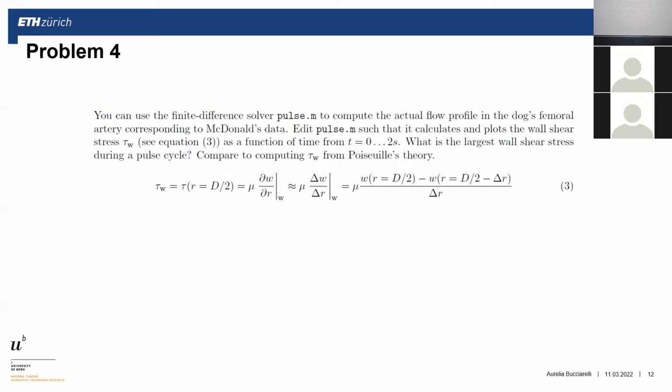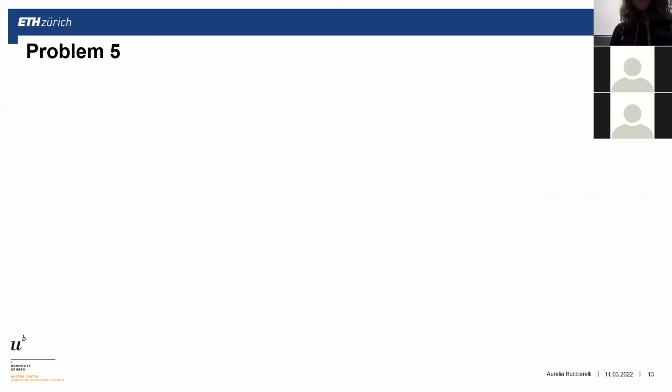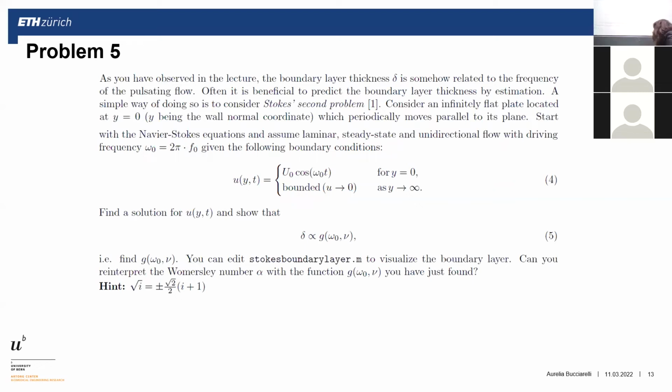Okay. There's problem 5. This is more difficult, which I saw last year. A lot of people had problems, mostly, for me, because they didn't know really well what they were supposed to do. But I can present it to you. This is not MATLAB anymore. What we want you to do is calculate the boundary layer, which depends on the flow. So here we are not looking at a pipe. We are taking into consideration